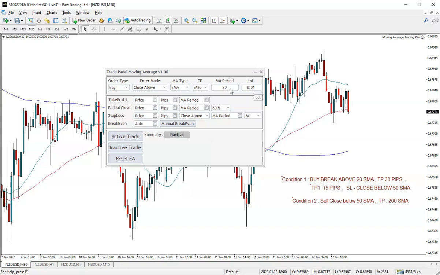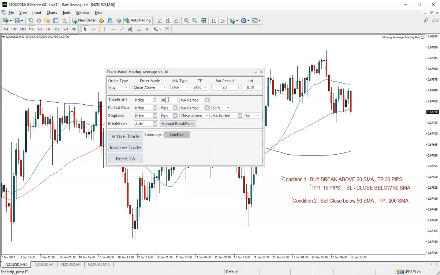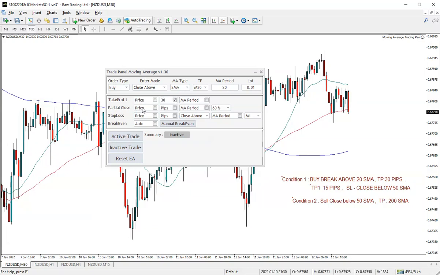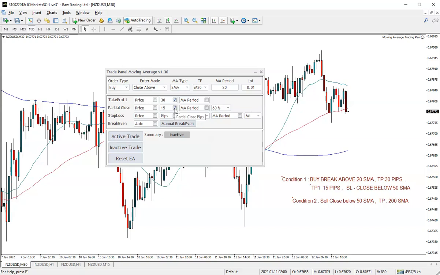Lot size is zero point 0.1 lot. Take profit, I can set the take profit. We decided we will be putting 30 pips, so I'll set 30 pips at take profit. And partial close is where I want to take a partial profit, and this is our 15 pips of partial profit. Now at TP1 or partial profit, we can decide how much of our trade we want to exit. Like this is 50%. If you said 50%, half of your trade will be closed